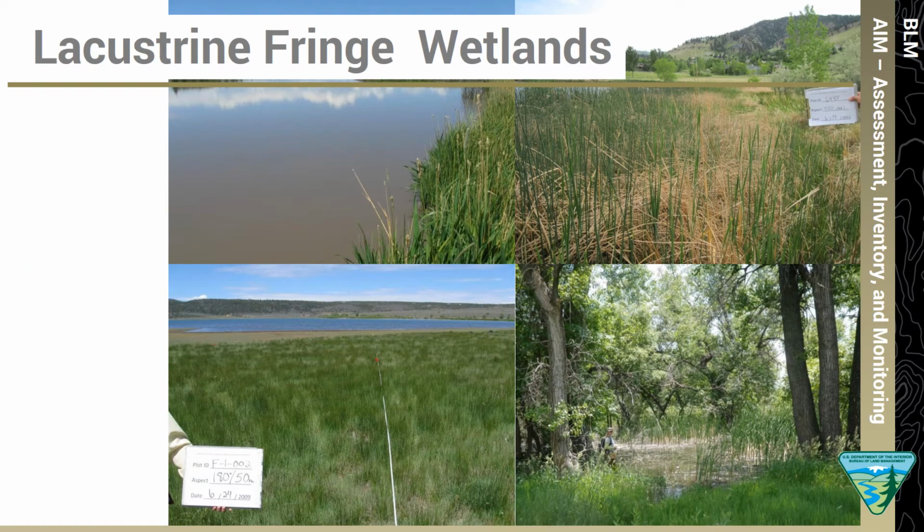The second couplet in the HGM key is for lacustrine fringe HGM class wetlands. If you remember from part 1 of this presentation, the word lacustrine is also used in the coordinate classification. But in coordinate, the lacustrine system is for lakes themselves and their non-vegetated shores, not vegetated wetlands adjacent to lakes. In coordinate, all vegetated wetlands with rooted perennial vegetation are in the palustrine system, regardless of where they are located. In the HGM classification, in contrast, the lacustrine fringe class is used for wetlands that are located adjacent to lakes larger than 20 acres